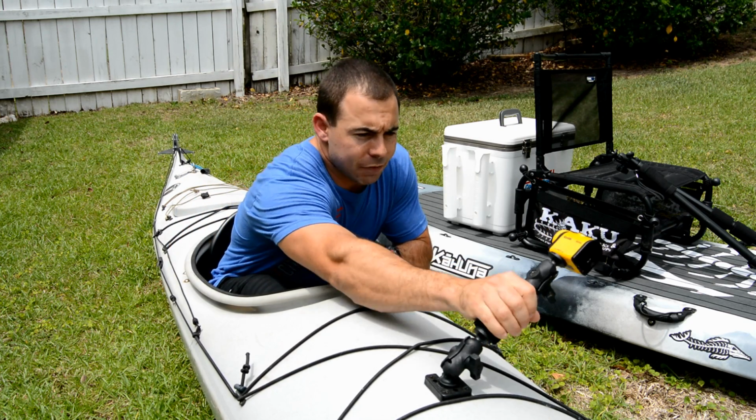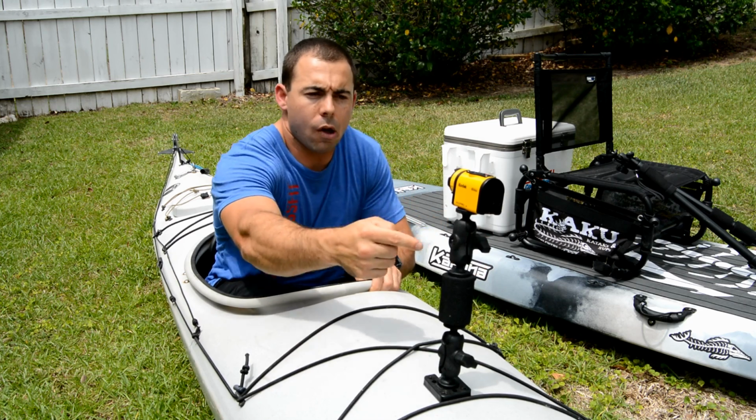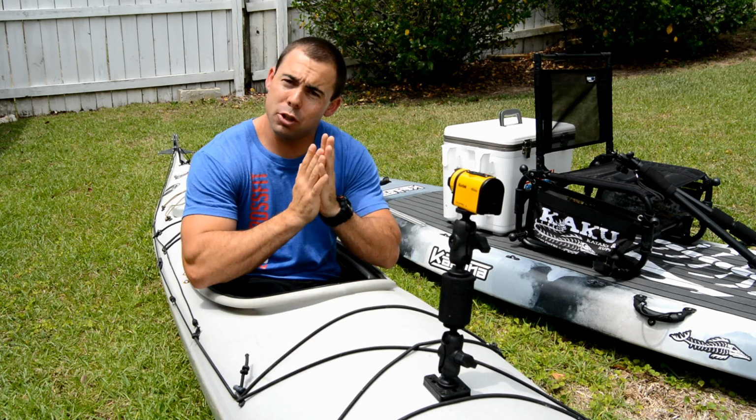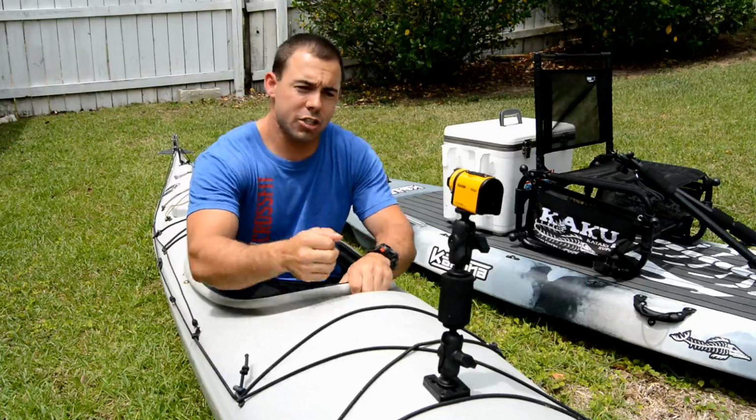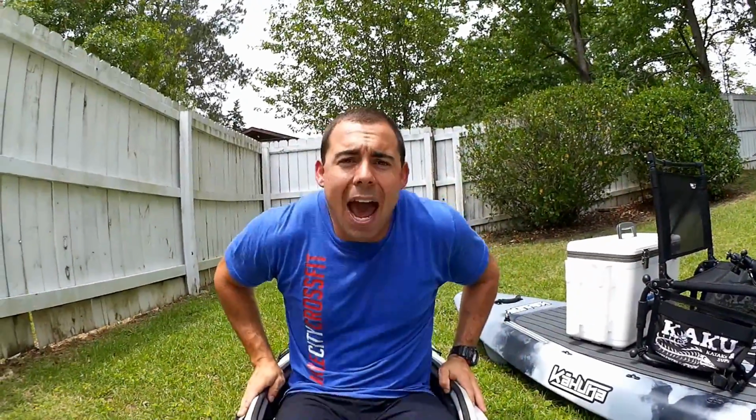You can adjust it to the side if you want to. Loosen up these little clamps here that clamp to the rubber balls so that you can adjust it. And like I said, it has the really nice Panfish option where this portion just pivots nice and easily. So while I'm paddling, I can be